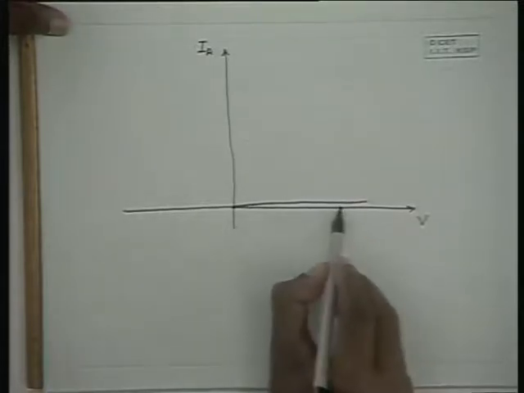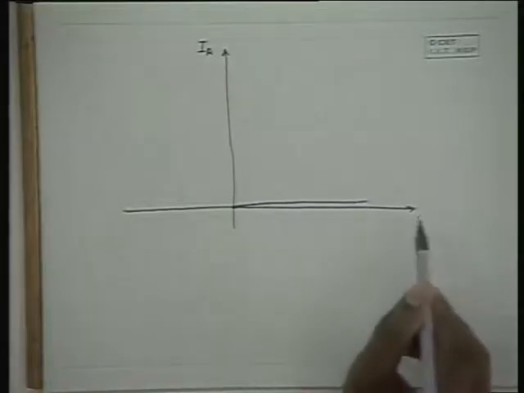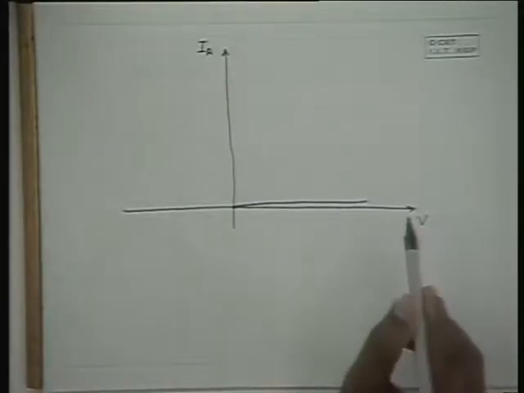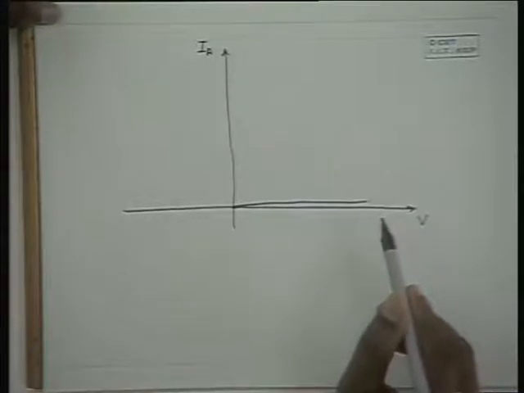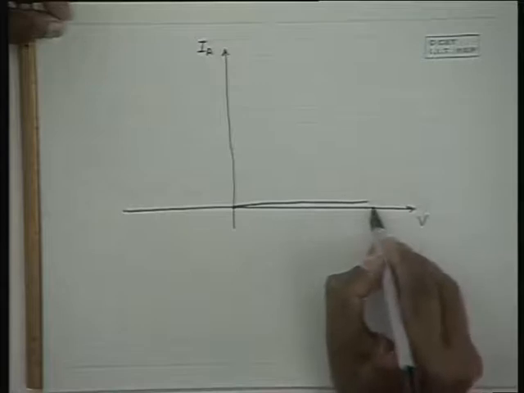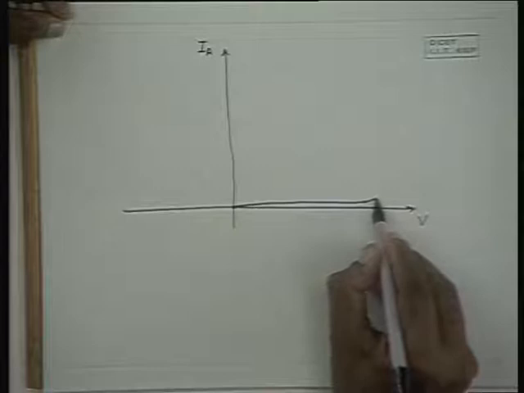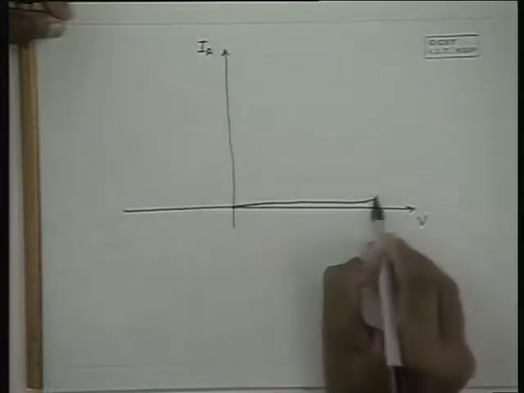and this current is equivalent to a current offered by a resistance of the order of hundreds of kilo ohms. And this is what happens until a breakdown potential is reached. And when a breakdown potential is reached, there is a sudden increase in the current and the voltage applied across the diode